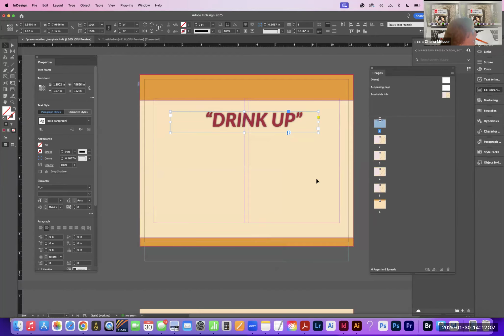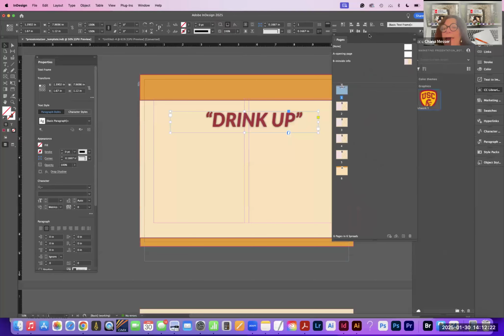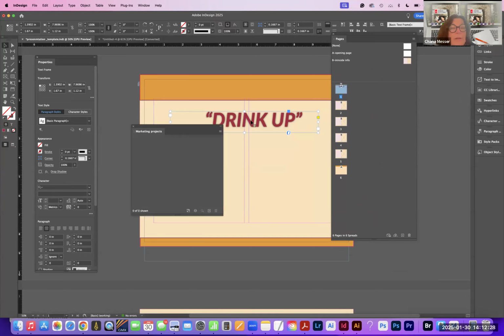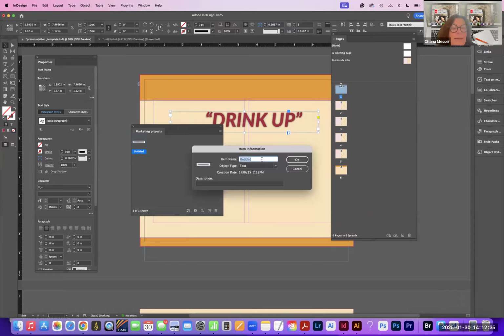So if you have that and you want it to go to every kind of title later, you can save an object style to it as well. But now, remember the one that I had before? I had my little library over here, the local library. I'm just going to click and drag it in. And look what it is. It's here. And I'm going to double click here and say,